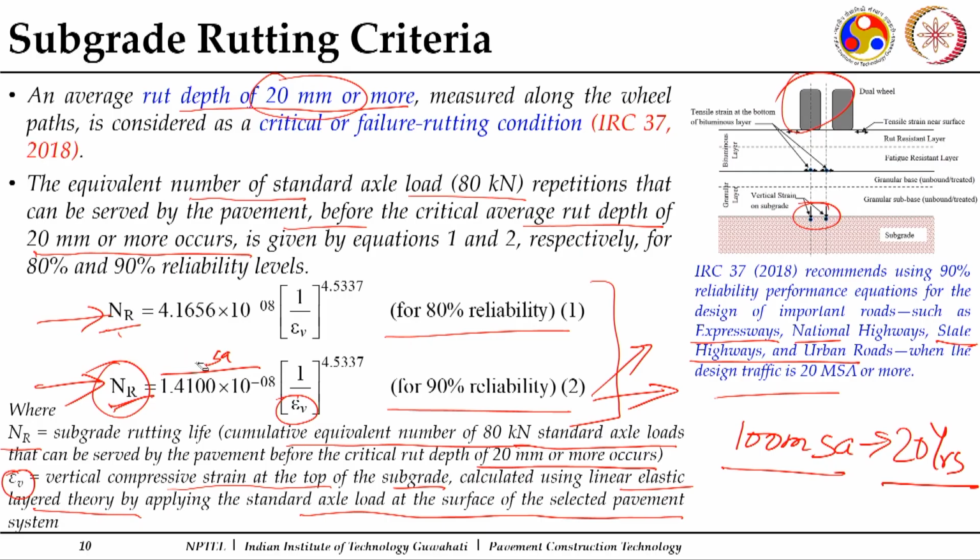The important part is that it should be greater than 100 MSA. That means for your design traffic, this subgrade is not going to fail in terms of the rutting criteria, or the plastic deformation. So, this part is to be taken care of while you are constructing. That is why it is very important to ensure the correct strength, and to achieve that strength you do some laboratory determinations of density, and as mentioned, 97% of it has to be achieved